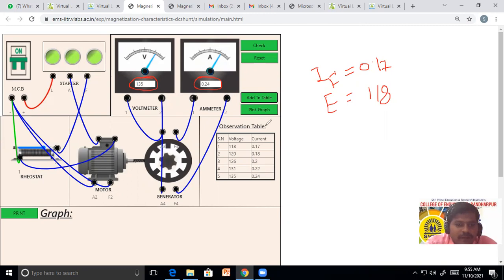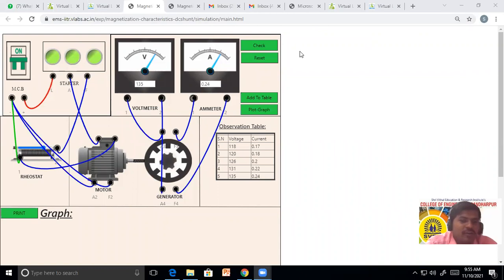Yes, sir. So just this table, it can be plotted. That means this is one of the observation tables, and after the observation table we want to plot the graph. Graph plot करायचं आहे आता आपल्याला. So from this reading, voltage reading and the current reading, we want to plot the graph. So the graph can be plotted as field current versus induced EMF, or it may be voltage.